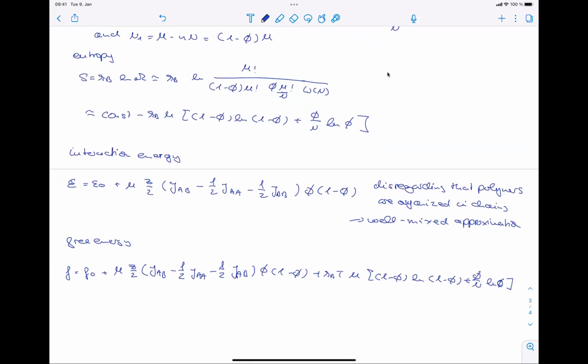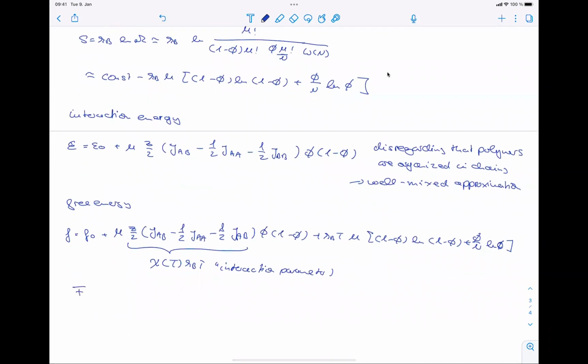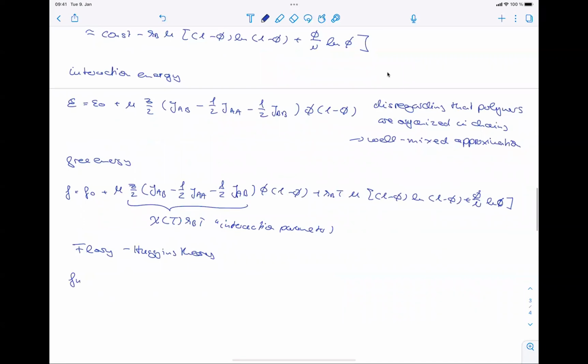Exactly. And then this is typically written as a constant xi times kBT, and is the fit parameter to data, compromising all the interactions, and therefore called the interaction parameter. So really what's known as the Flory-Huggins theory is then the free energy as a function of the volume fraction that has this psi of T